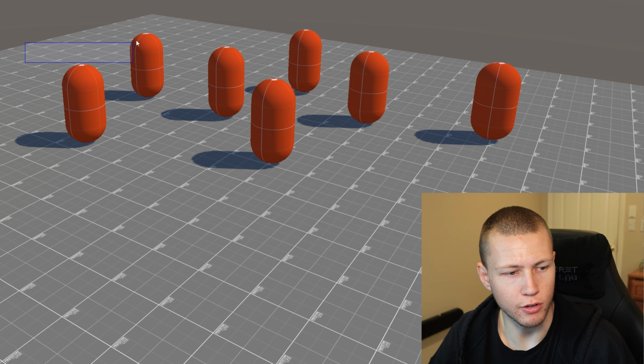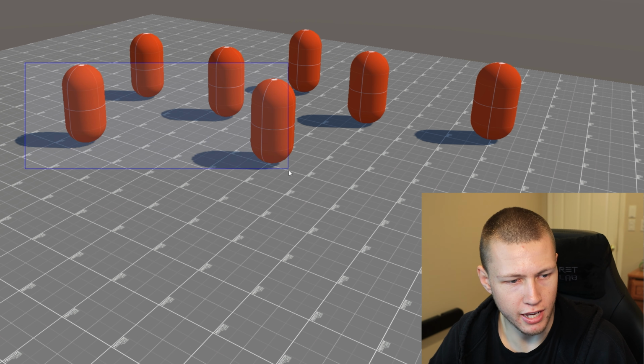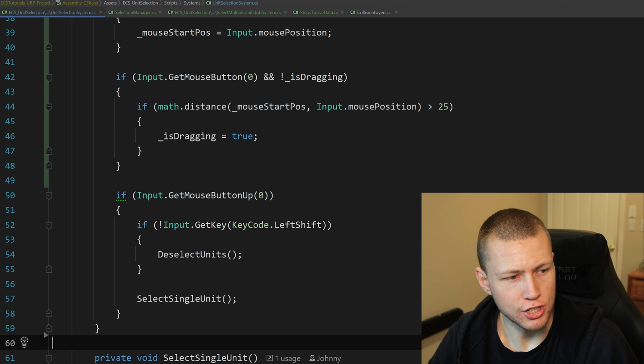We don't set is dragging to false anywhere yet. And of course, we're not doing any logic to select the entities yet. So now we'll come back to our unit selection system, and here's where we'll actually add in some logic to